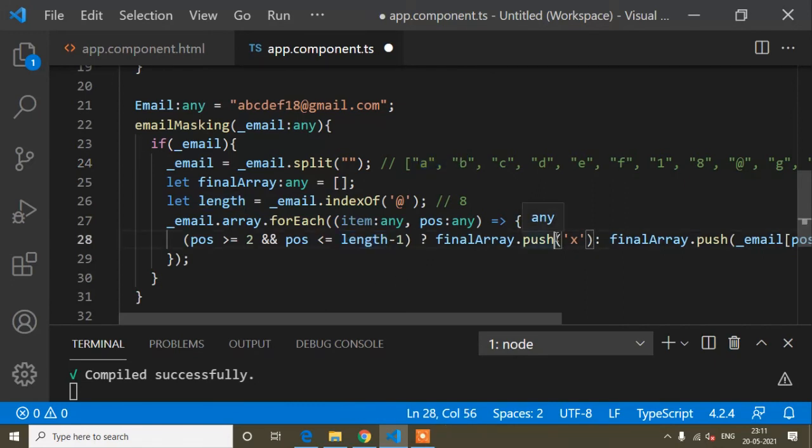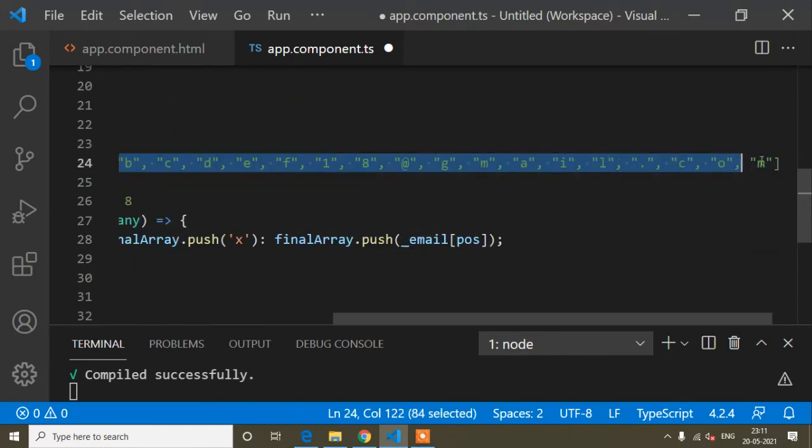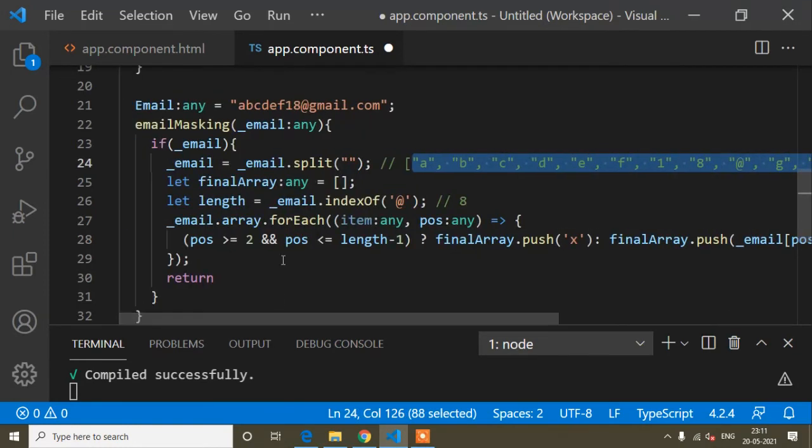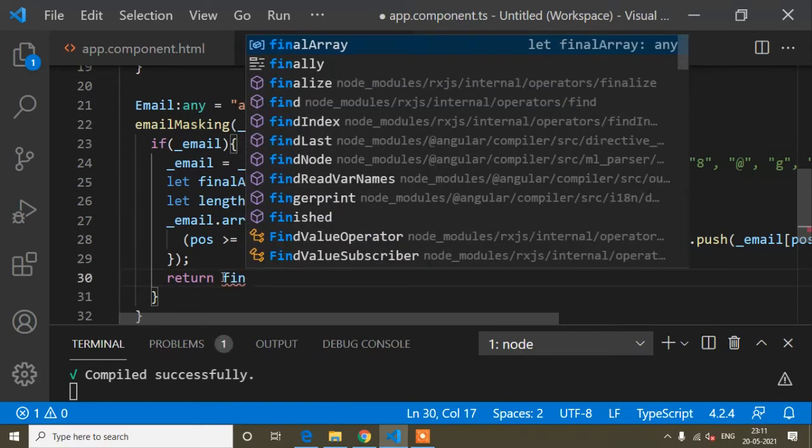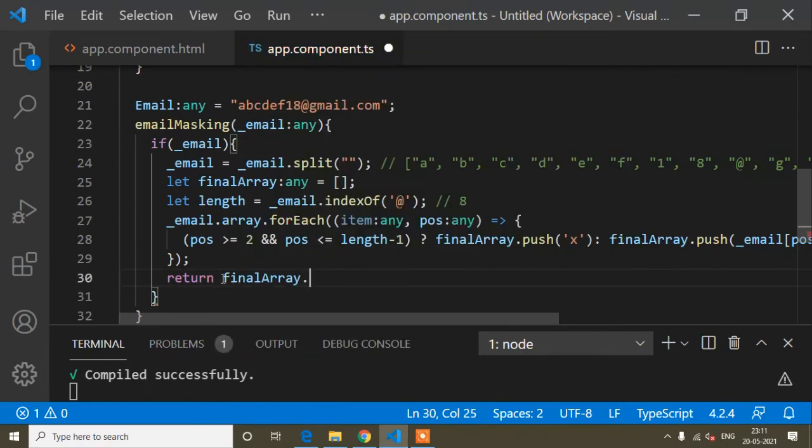And now guys, here I will write return. I will return this final array, because inside this array I have pushed. This is in array format, but I don't need an array; I need a string format. So I will write return finalArray.join, and inside this join method I will pass blank.